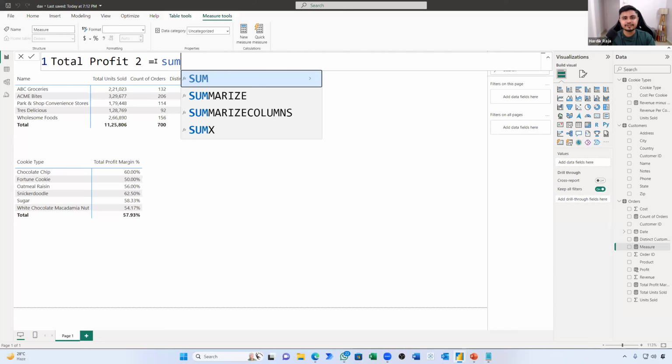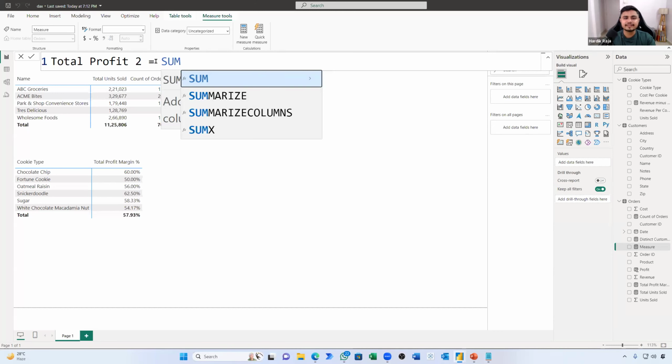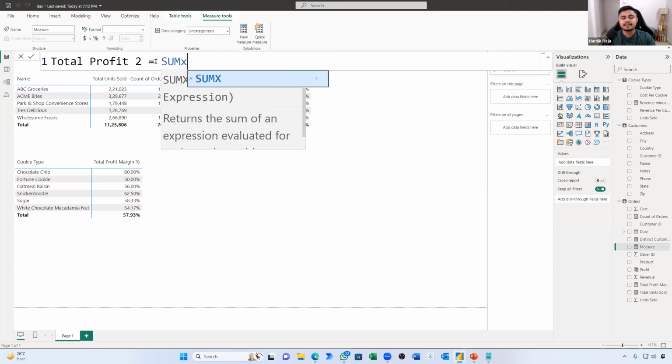See this. So far we have seen this. If I sum and if I click on tab, I will get the same thing which we have seen so far. But now the things are going to change a little bit. Now we are going to do things on a row wise level and not on a holistic level or a column level. So I'm going to just write X. The moment I write X, it is going to show here. You might not see because of this. It's SUMX, data analysis expressions. Returns the sum of an expression evaluated for each row. This is the main keyword.